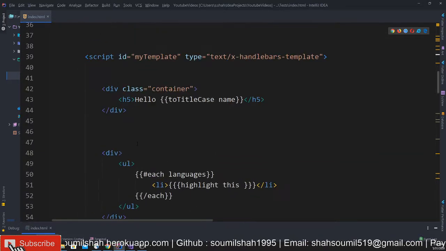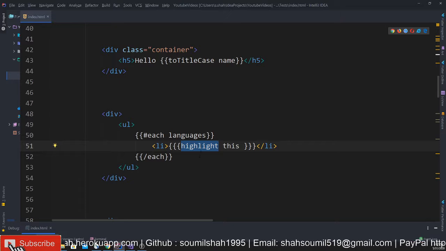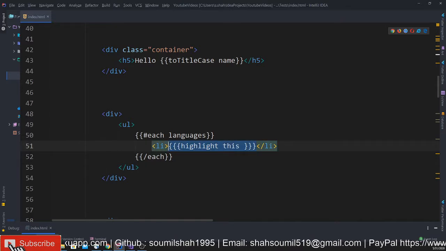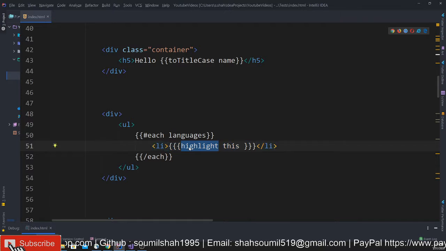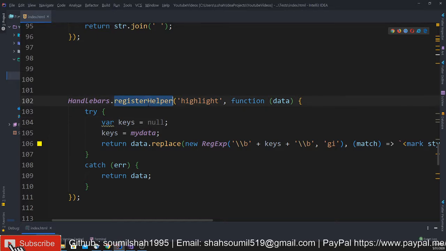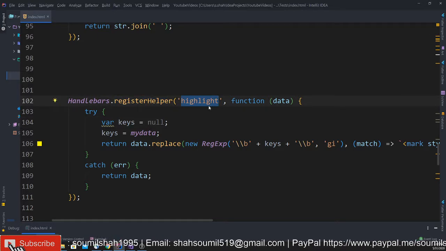Now, in the li tag, this is where I wanted to do the highlighting. So I'm injecting a template here. You can see I'm registering a template called highlight. This is my template register helper, which is a highlight handlebar template.